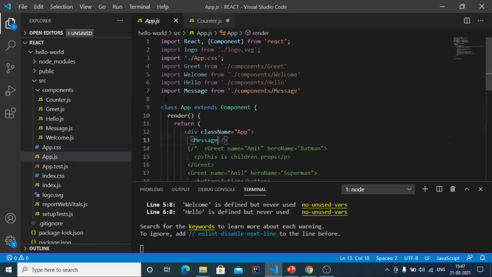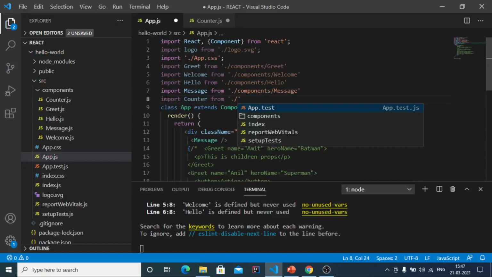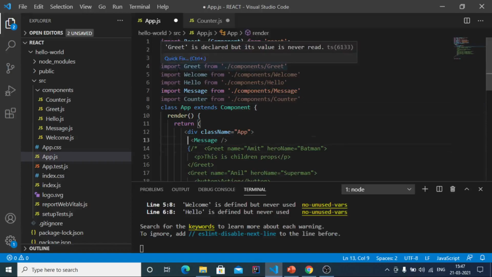and now I am including this counter component in the app component. So using import Counter from components folder and then Counter. Also I would like to import in the app component.